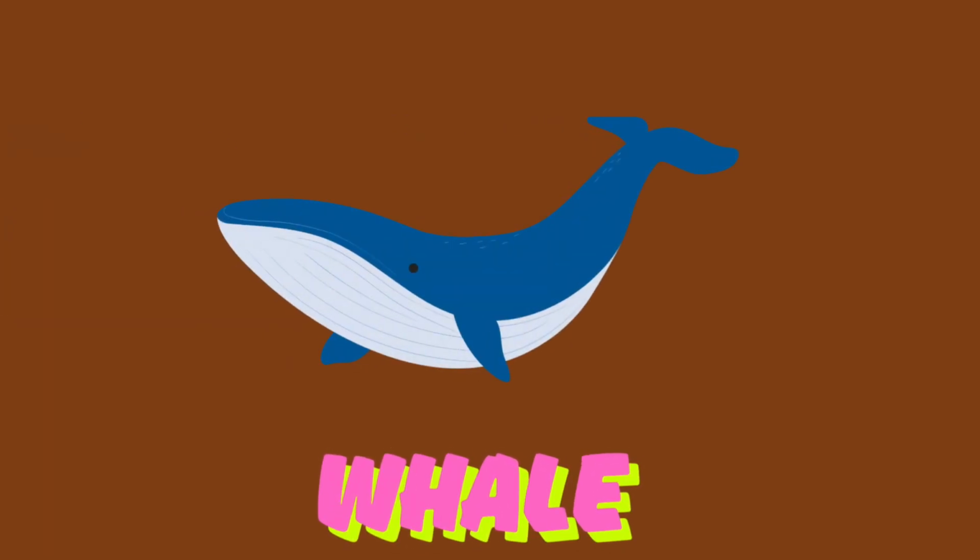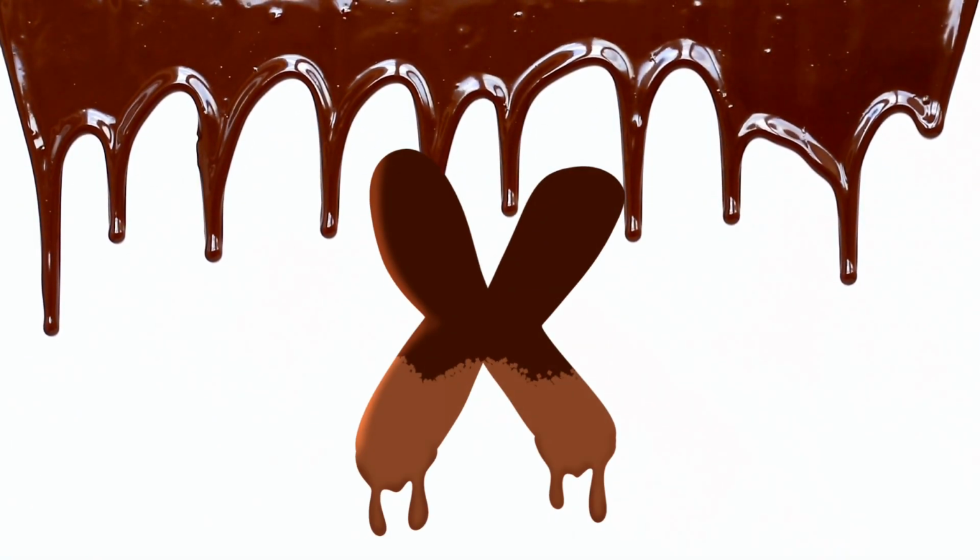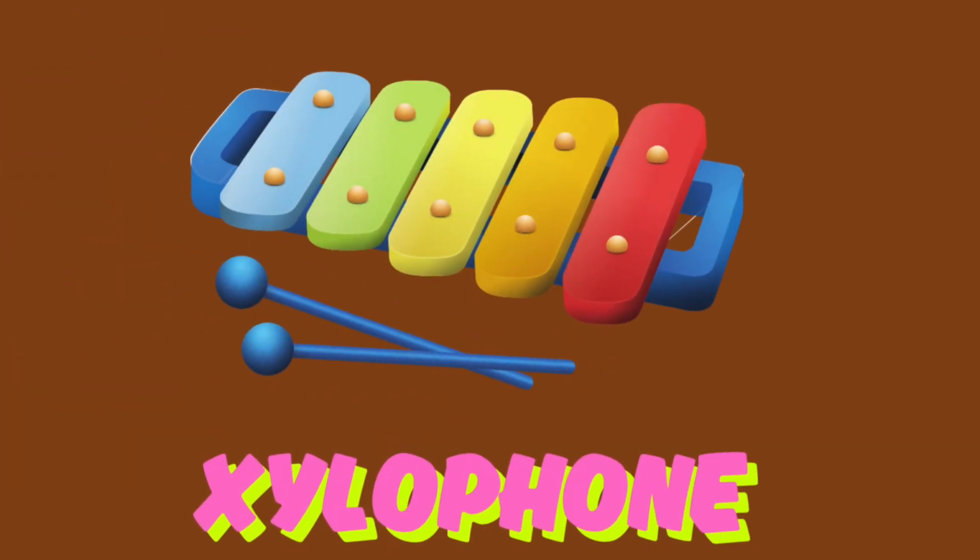whale. W, whale. X is for xylophone, xylophone, xylophone. X, xylophone. Y is for yo-yo,